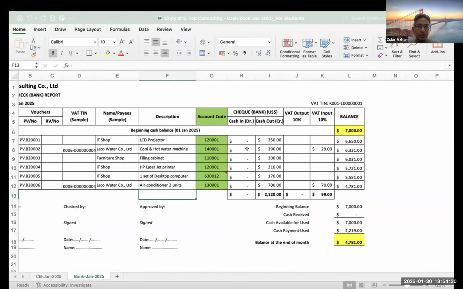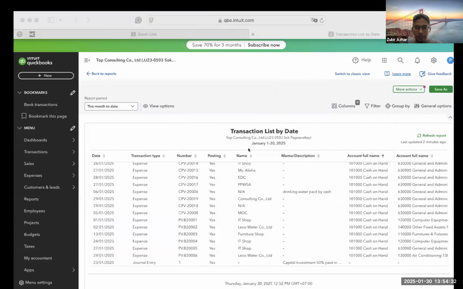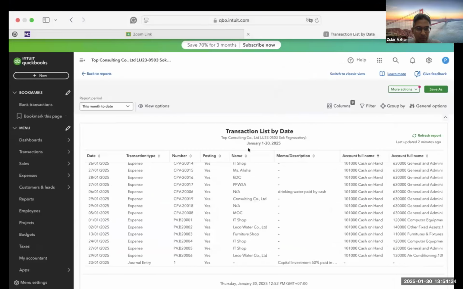Okay, can we go back to QuickBooks? Can we scroll up and then, okay, it's there. Do you see 1st January 2025 IT shop? Could you please click on IT shop? Yes.